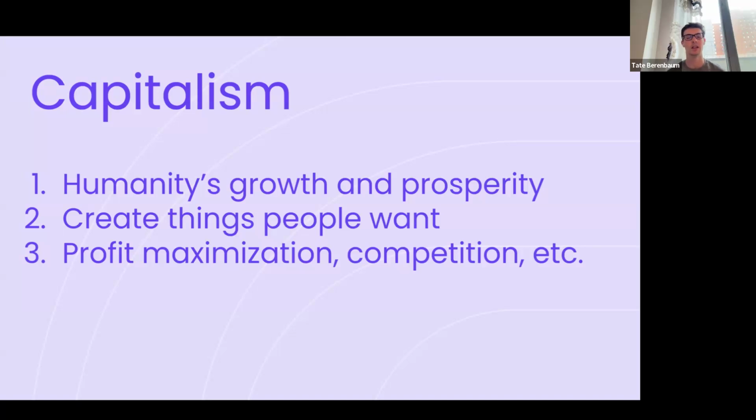Capital flows and reallocates to people that manage to create things that other people want. And the function for that reward is incentives around profit maximization. You have an incentive to accrue capital. You want capital as a human because capital buys you optionality to make decisions when other people are playing by the rules of the game as well. You also are incentivized to compete with other people if you believe that there is an edge that you have against someone else.